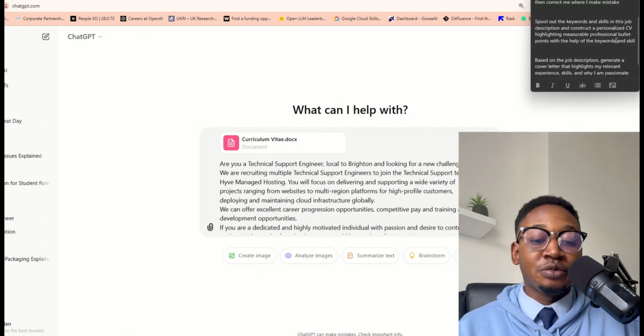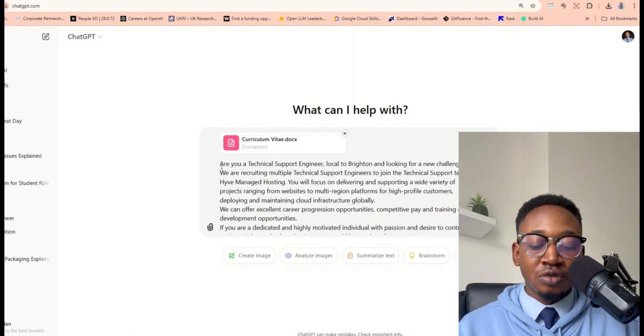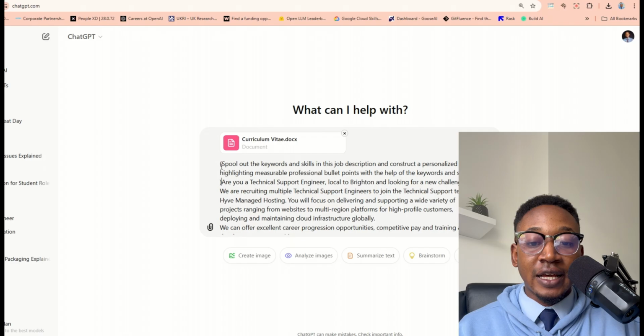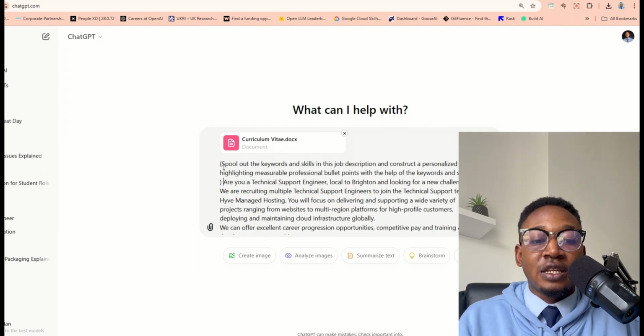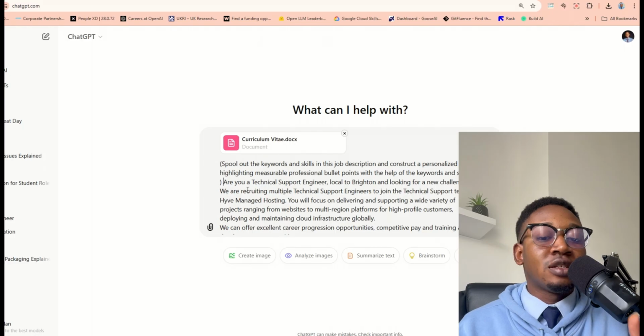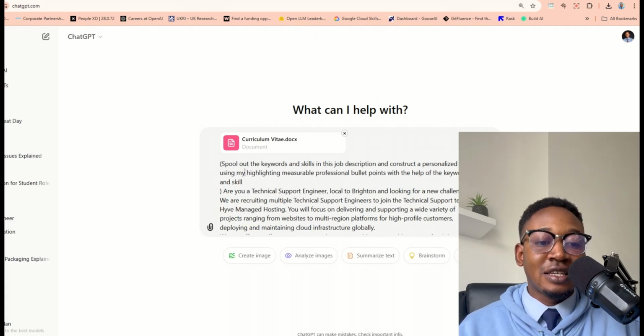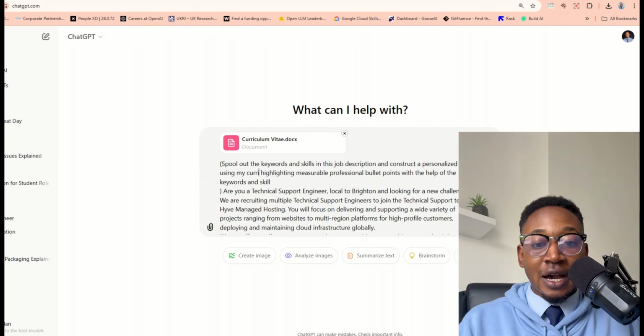So I have a list of prompts that I use when it comes to applying for jobs. I've used this prompt to do like 5 interviews now so far, like 5 tech interviews in the UK. You would notice I also used a bracket just to make it understand what is the prompt. Pull out the keywords and skills in the job description and construct a personalized CV using, and you can use the